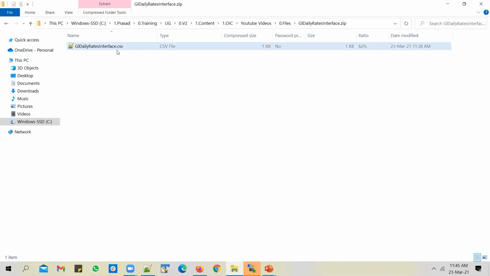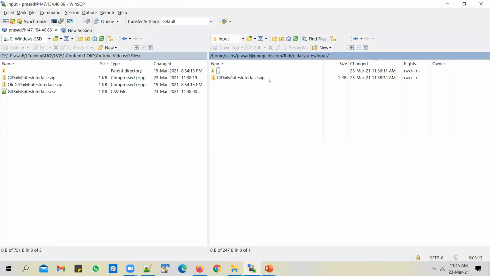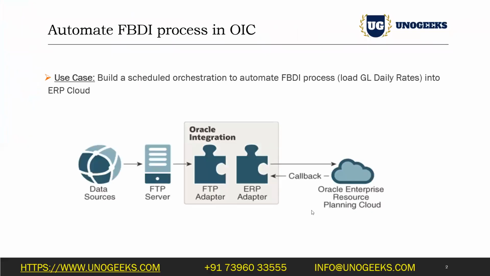But remember that the .properties file or manifest file is required only if the import job needs import parameters or has parameters. In the case of daily rates, the Import and Calculate Daily Rates job doesn't have any parameters, so we don't need to include a .properties file. Okay, so that's about the manifest file.